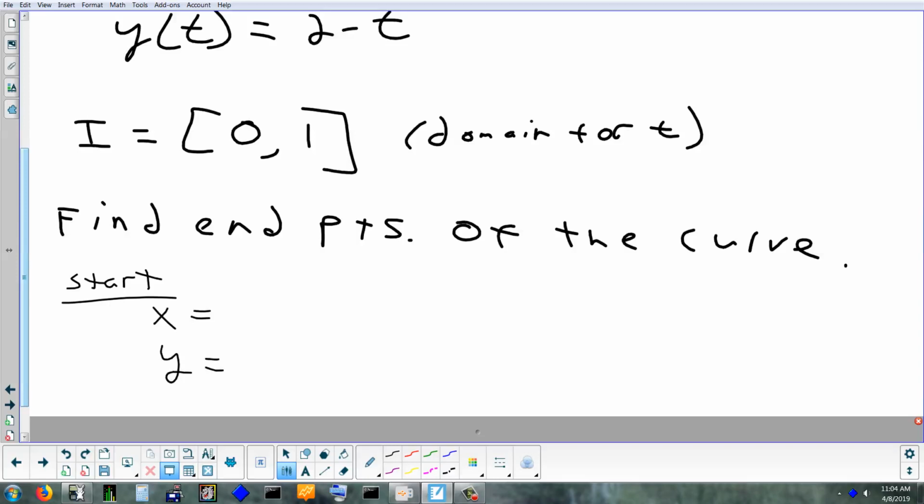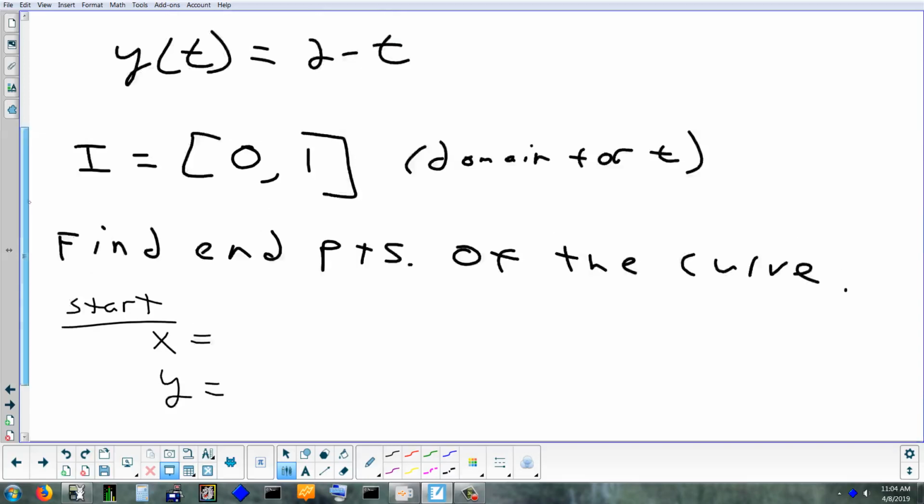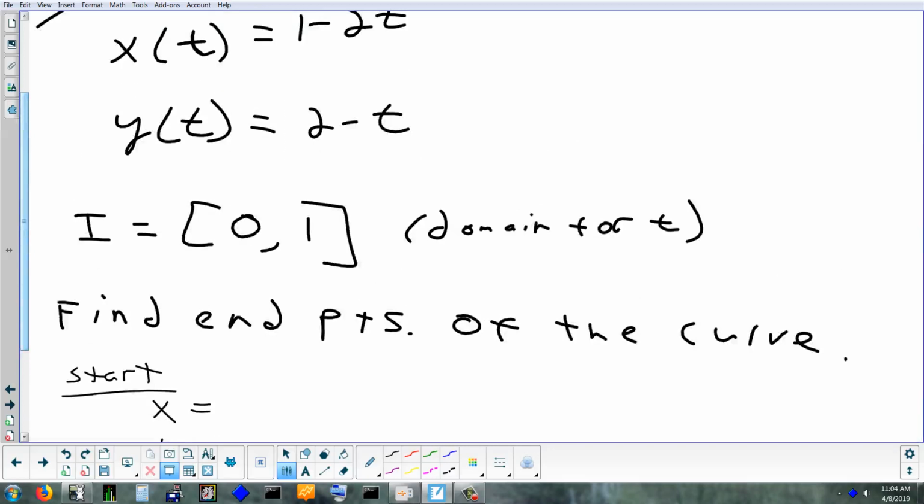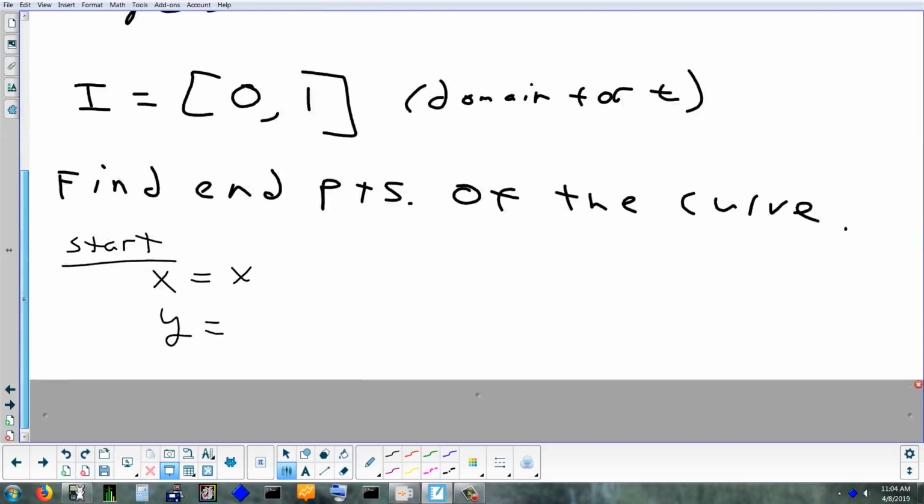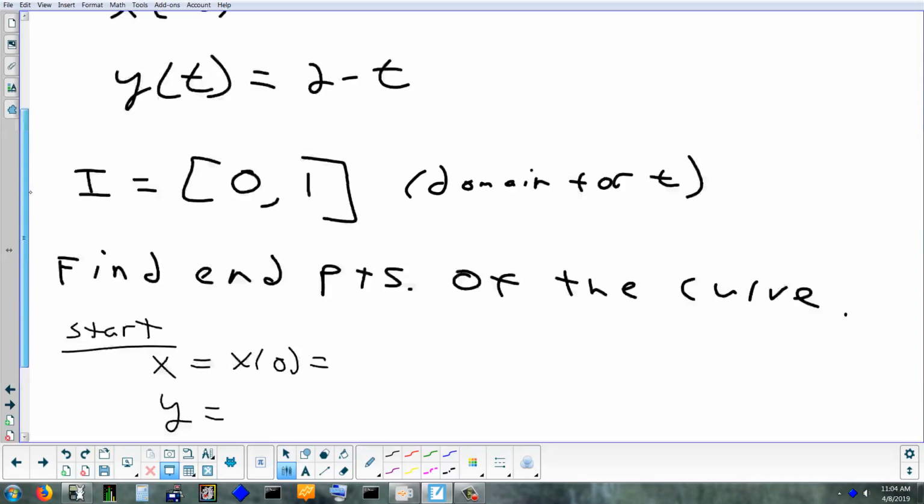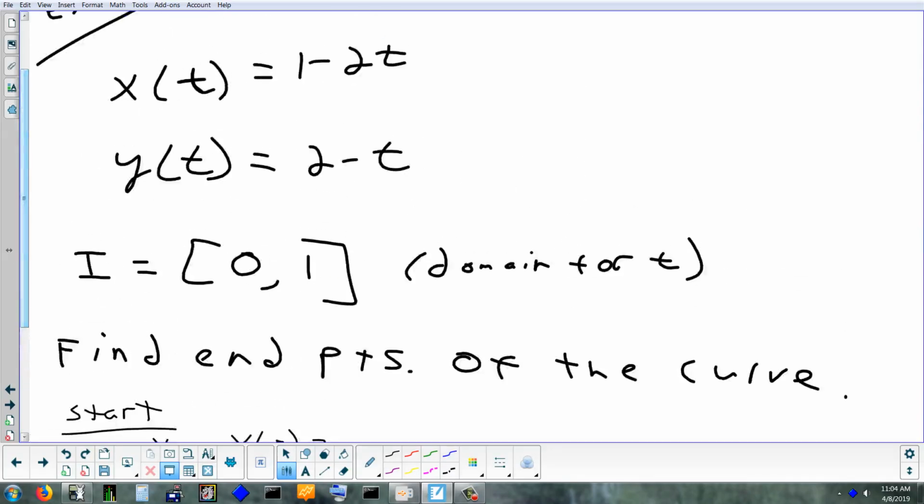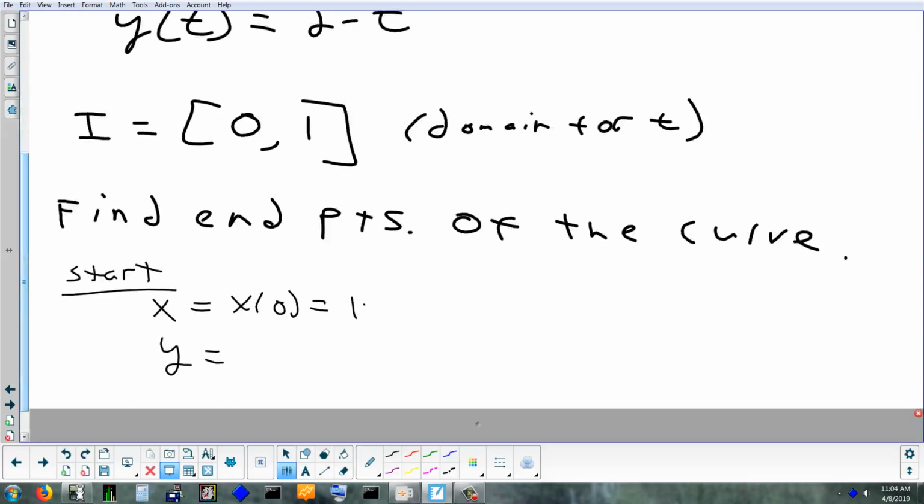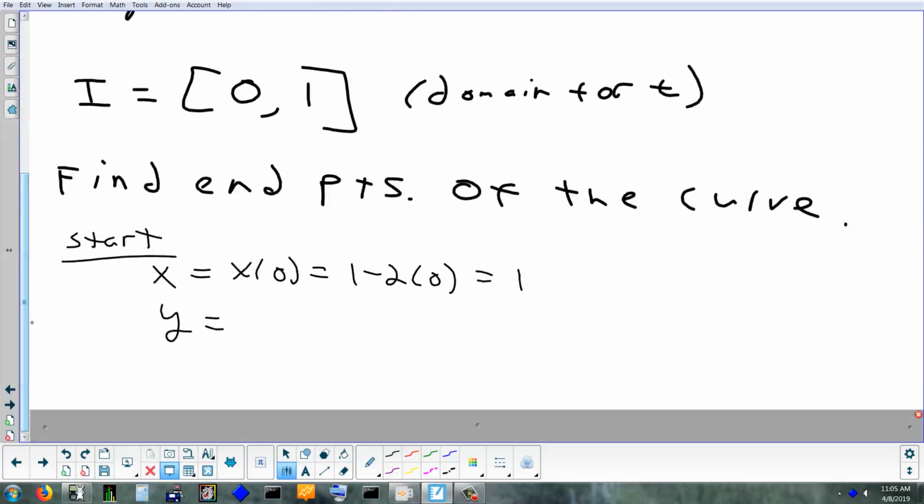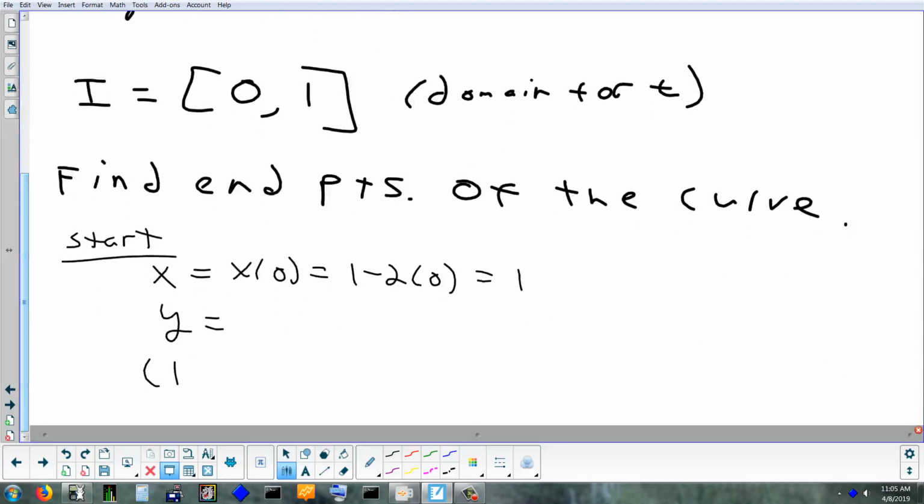What number here, the 0 or the 1, is going to control where things start? The 0. So you're going to take the 0 and you're going to plug it into both of these formulas. Plug 0 into the x formula and let's see what we get. So replace t with 0. 1 minus 2 times 0. And what does 1 minus 2 times 0 give me? 1. So as far as where this graph is going to start, it's going to start at 1, comma,